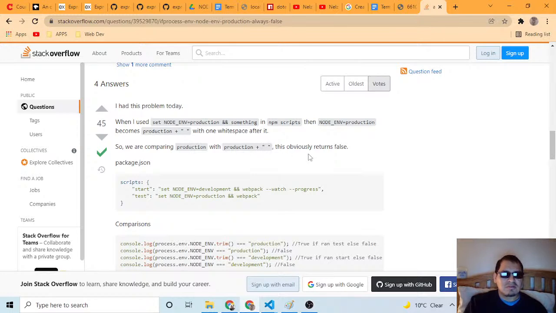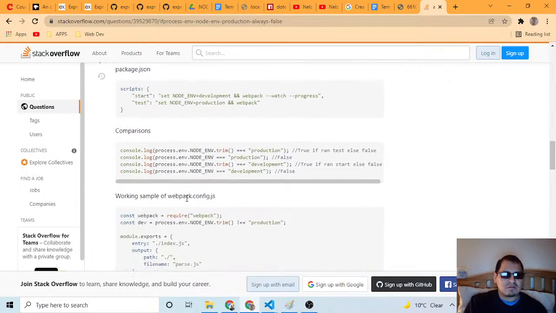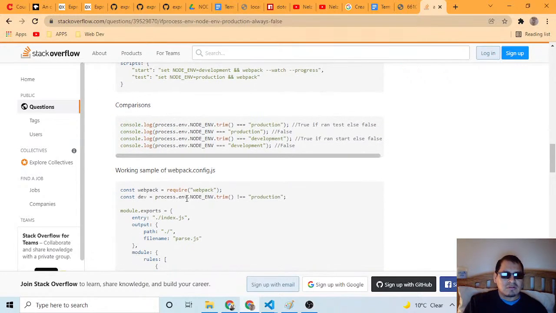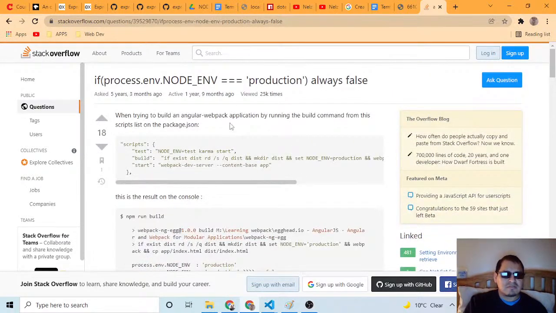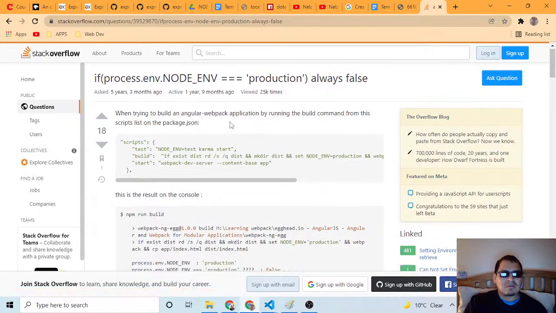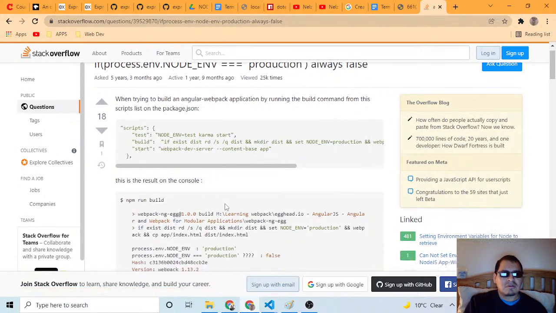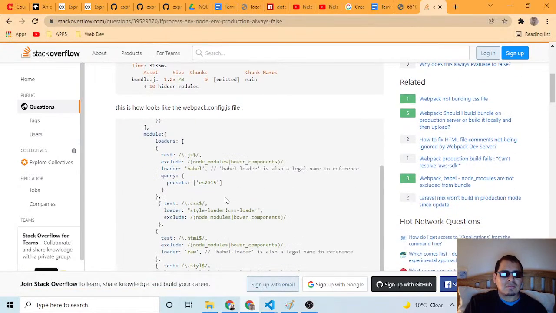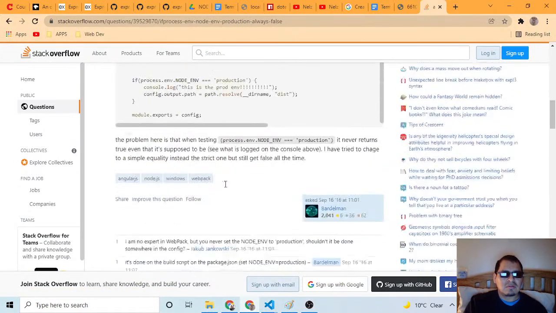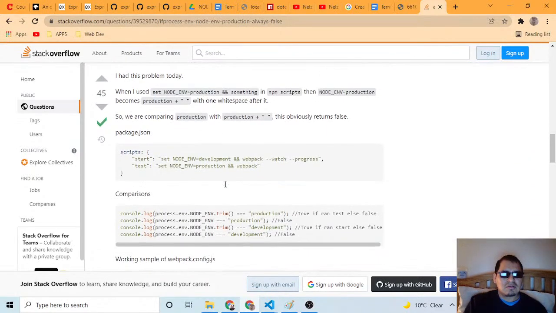So we are comparing production with production. What? This obviously returns false. Let me check if it's production, this is not, what? I don't understand. So we're comparing production with production.